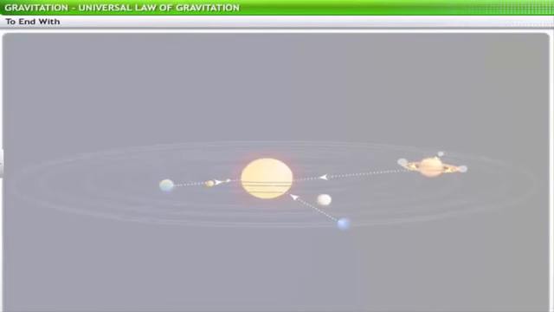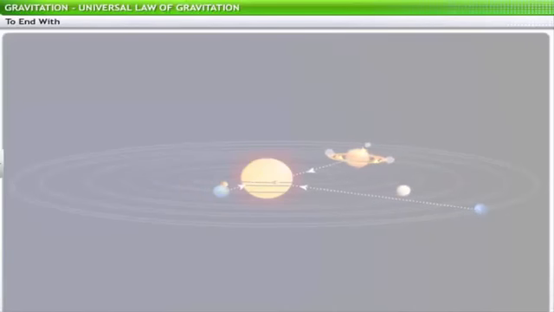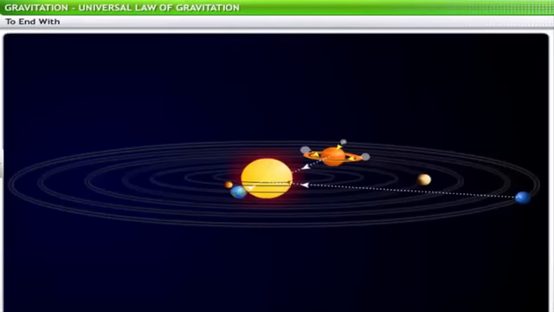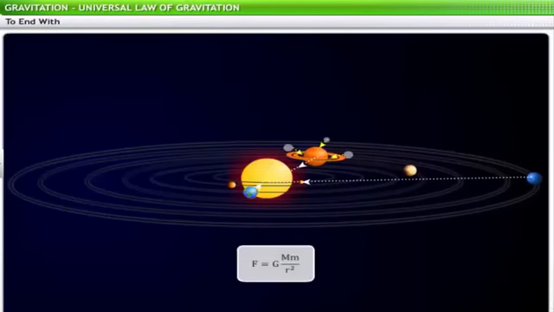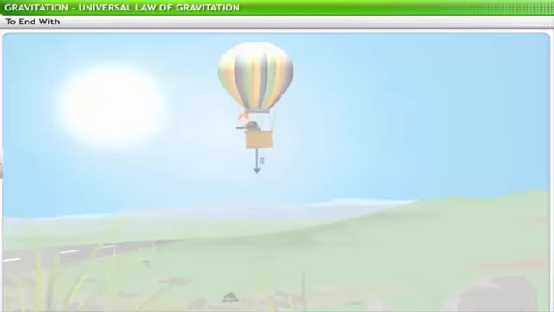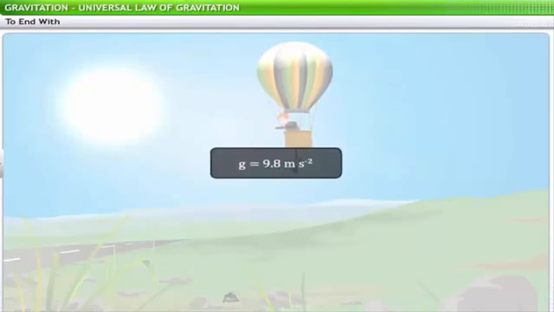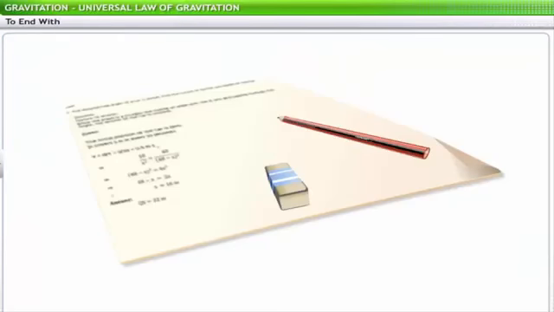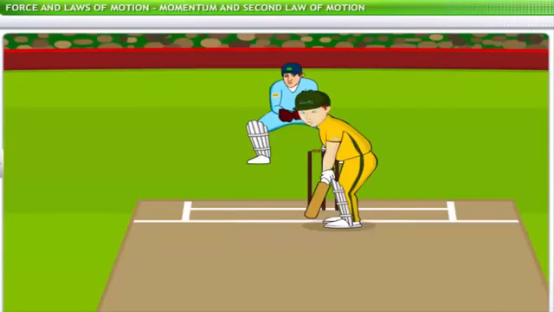This brings us to the end of this lesson on the universal law of gravitation. In this lesson, you have learned about gravitational force, universal law of gravitation, free fall, and acceleration due to gravity. The following section on solved problems provides you an opportunity to review some model problems based on these concepts. To revisit the key points,